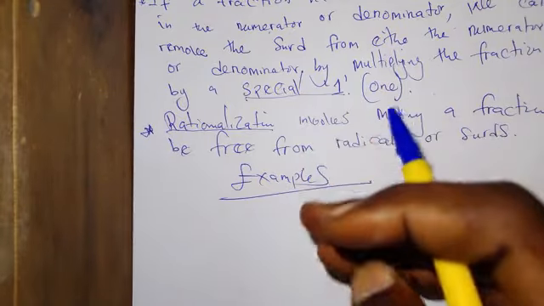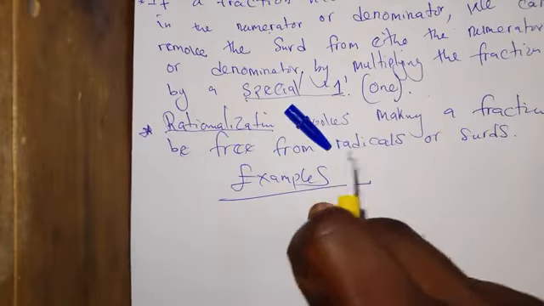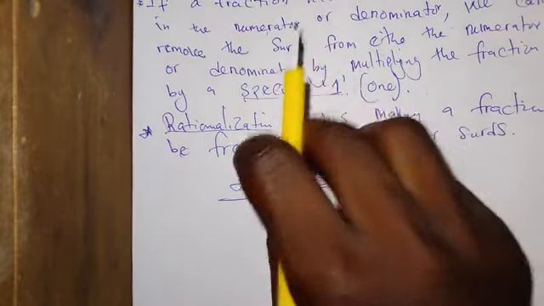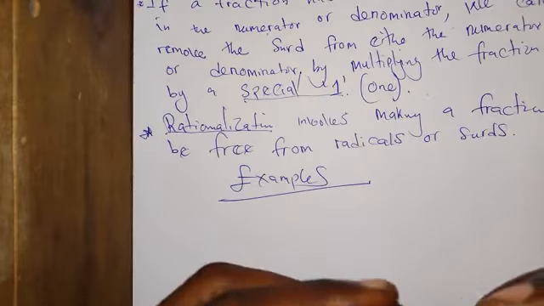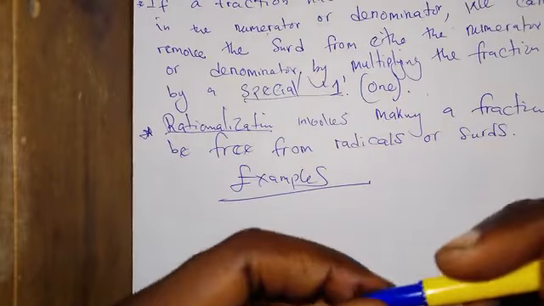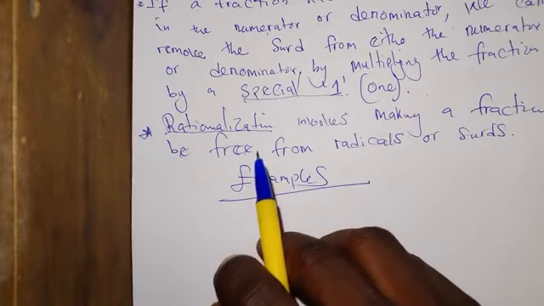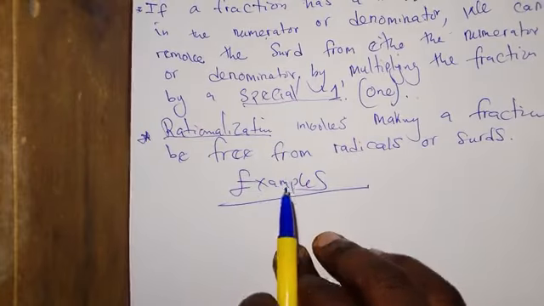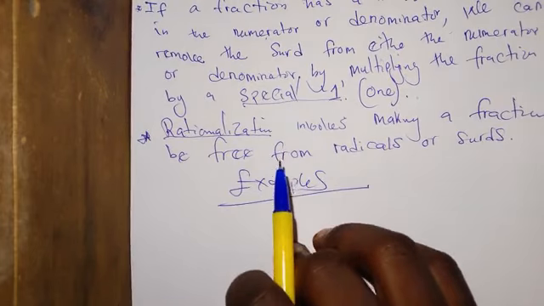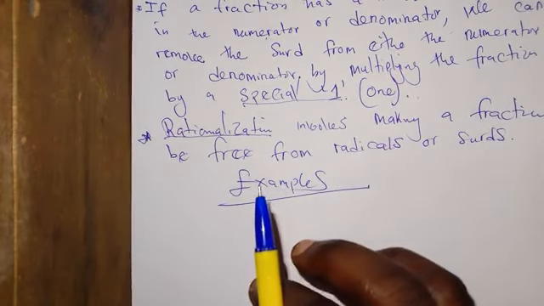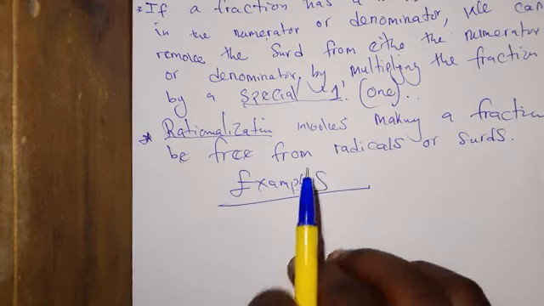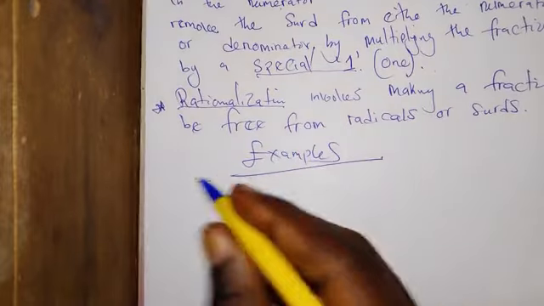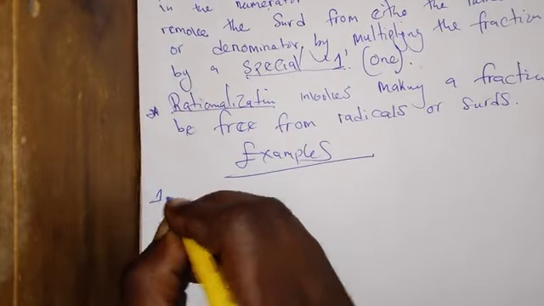Are you rationalizing the numerator or the denominator? If you are rationalizing the numerator, you are trying by all means to make the numerator free from a radical or a surd. If you are rationalizing the denominator, you're trying to make the denominator free from surds or radicals. So our first example, or our first question, will be: